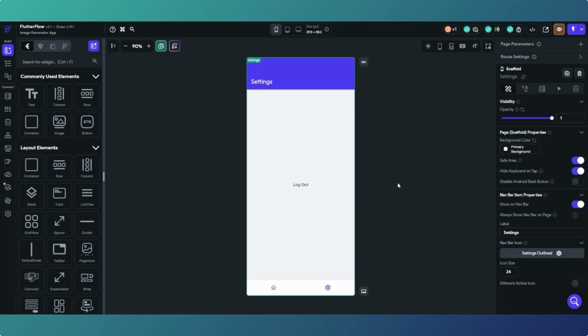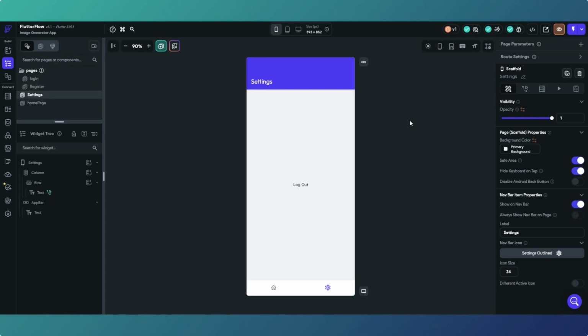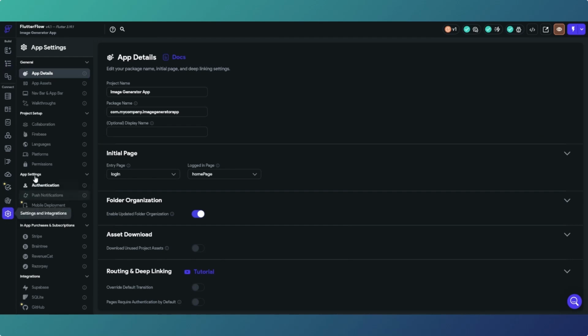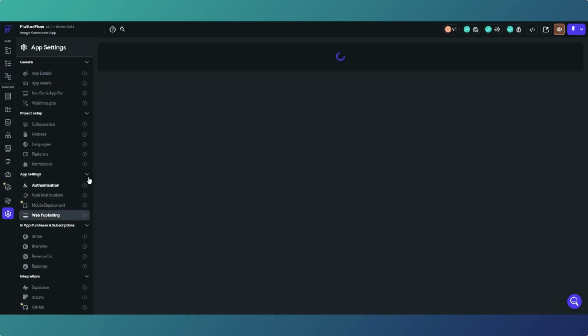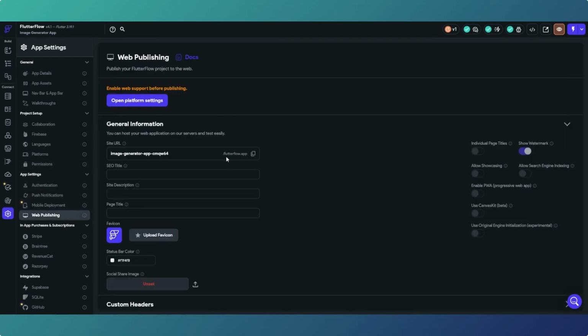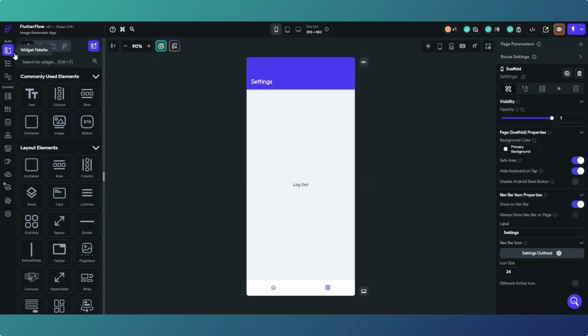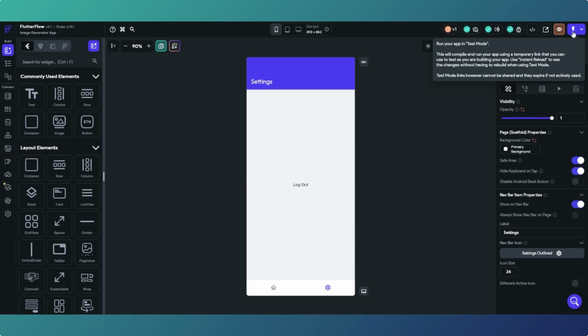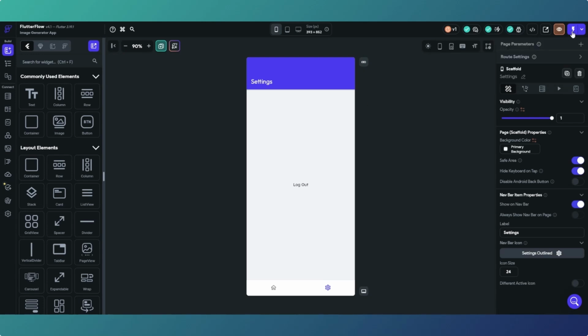But now we can go ahead and test the app, which we do by using test mode. Certainly in this first instance, we can publish it to the web and test it that way. We can install it on our phones as a progressive web app, so that's something we're going to be doing later on in the course. But when you're building, just getting easy stuff set up, in the top right hand corner, we've got test mode. So what you do, if you click on that,